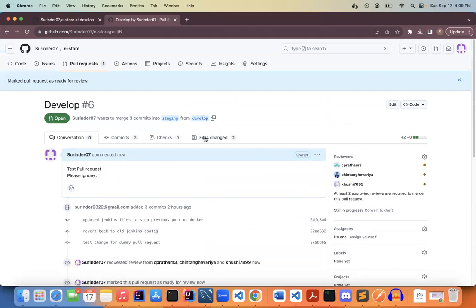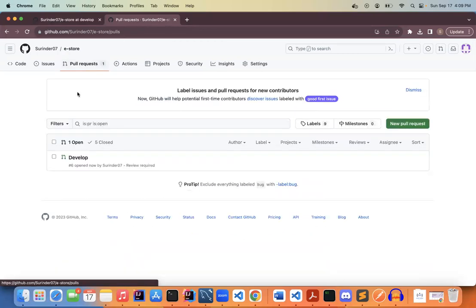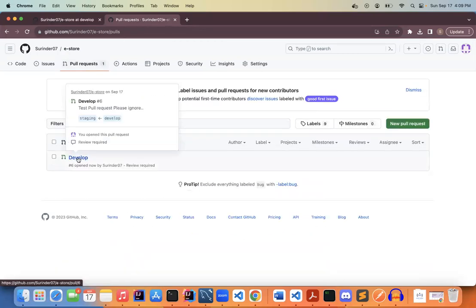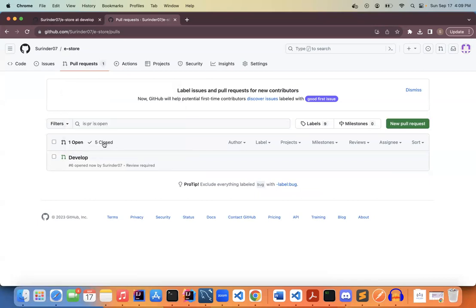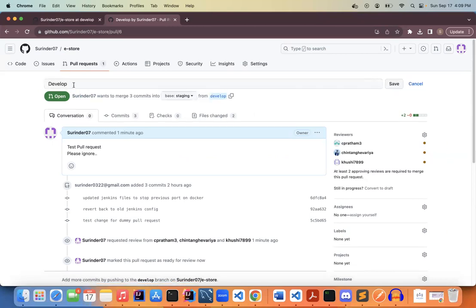So right now you can see my pull request is ready, with all these commits. You can go over there and see it has a pull request which says review required, and I'm merging from the develop branch to staging. This way you can create a pull request, and I have all the closed pull requests over here. You can look into your GitHub account. I did not make any change, but maybe you can actually change this one from here and say,